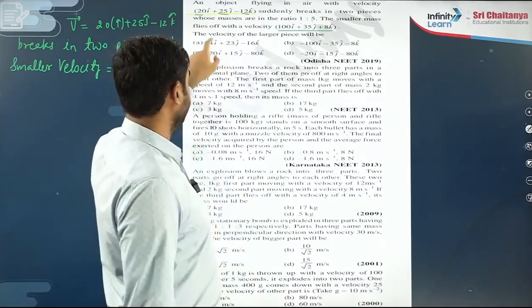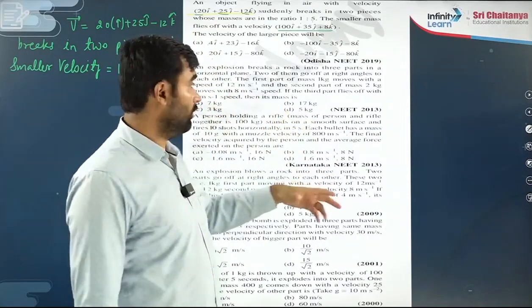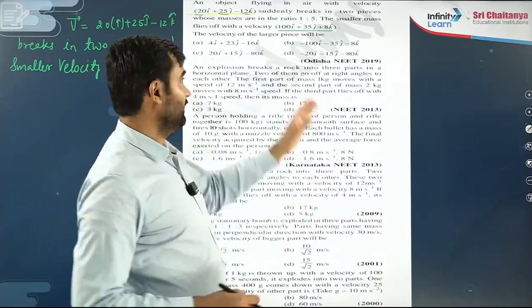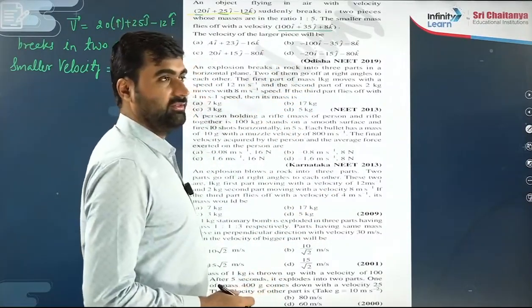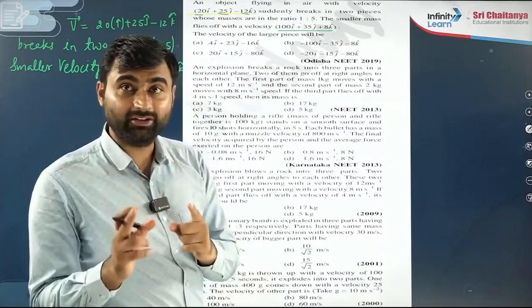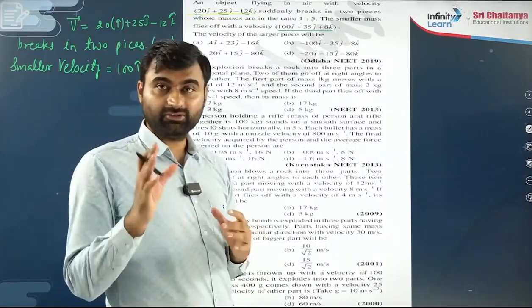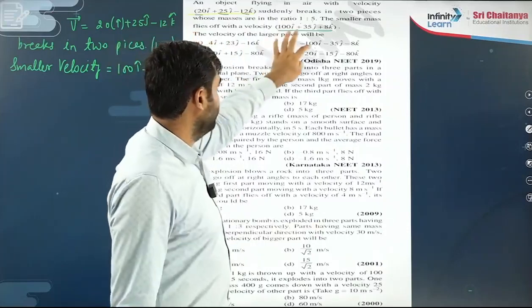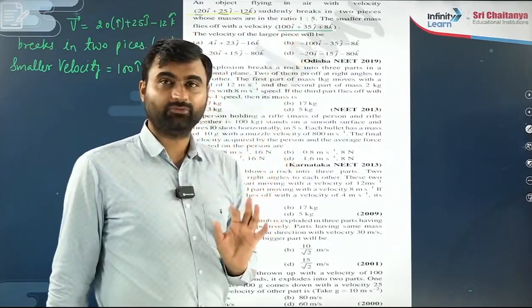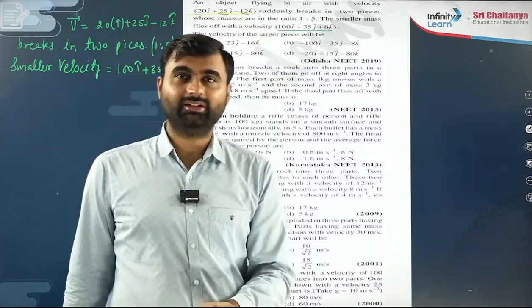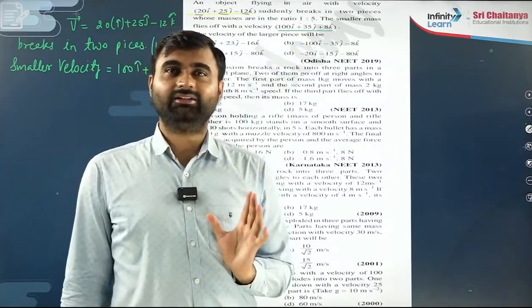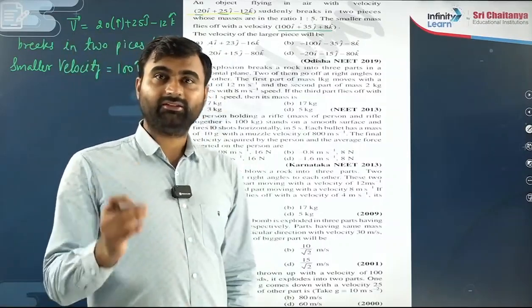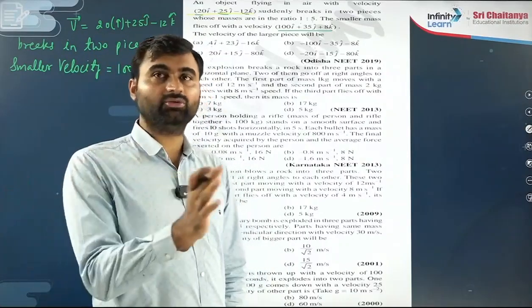They are asking the velocity of the larger piece, and in the options, I am telling you how to solve. After reading the question, don't just start to solve the question. No, see the options every time. This is the best strategy that we have to follow. So in all options, the i cap direction velocities are different. So we have to calculate only the i cap direction velocity. Agree or not? So i cap means x direction. So in x direction, initial momentum equal to final.